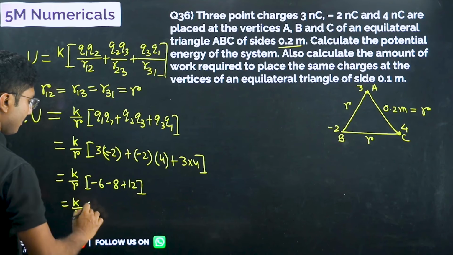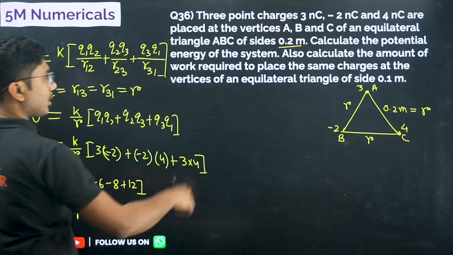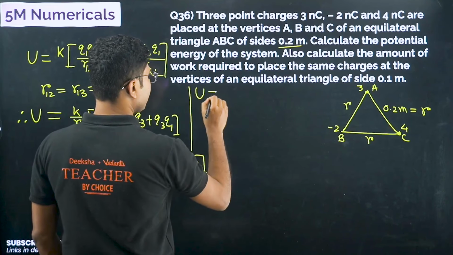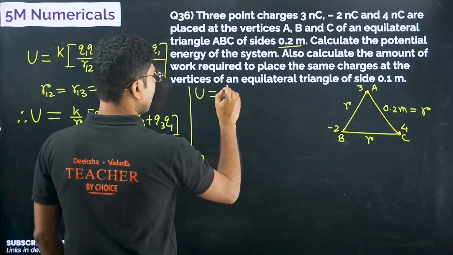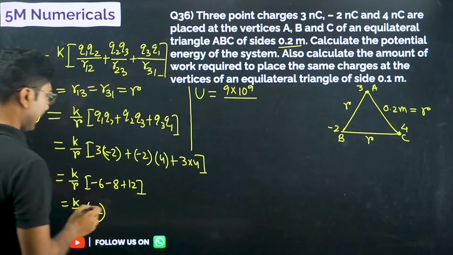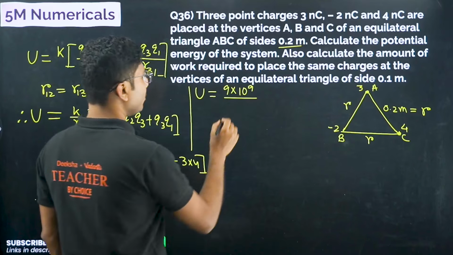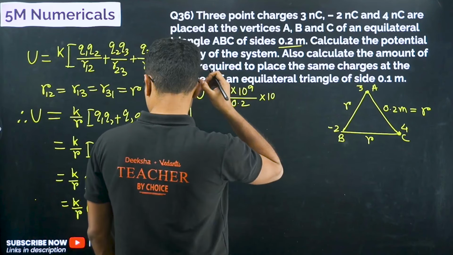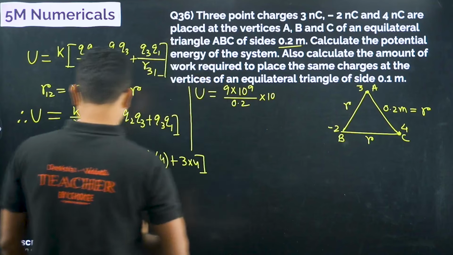So it will be minus 2. So now we will calculate the potential energy. U equals 9 into 10 to the power of 9, that is the value of K, and distance is 0.2, into 10 to the power of... and one more thing,